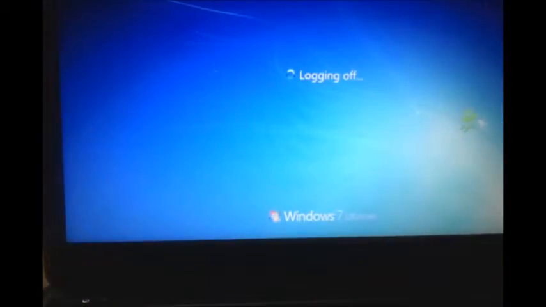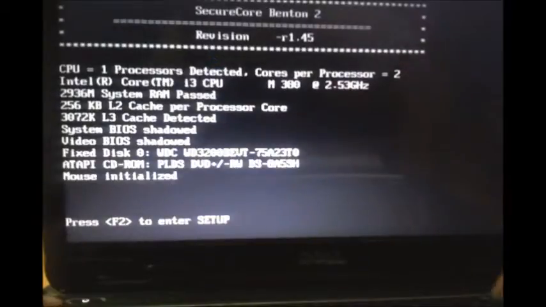Make sure that you have put the CD drive as your first preference on the BIOS setup. Windows is currently shutting down, and as the computer will restart, it will try to boot from the CD or DVD you have put in. Here we are in the boot menu of a system, and we are going to make your CD DVD drive as your first boot device.